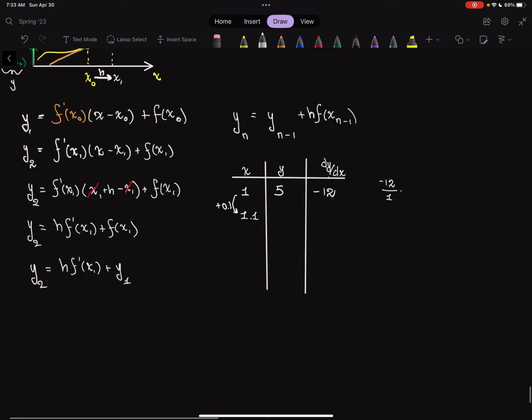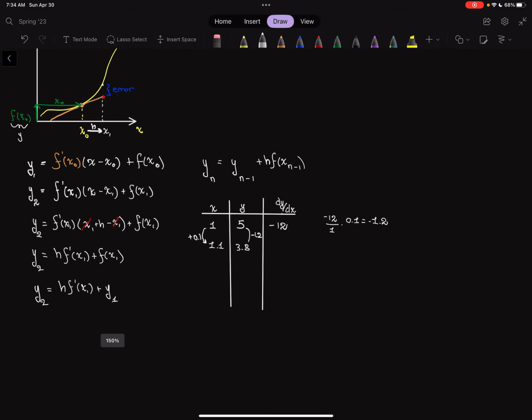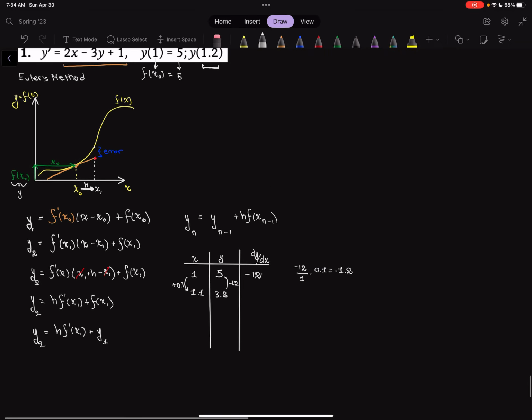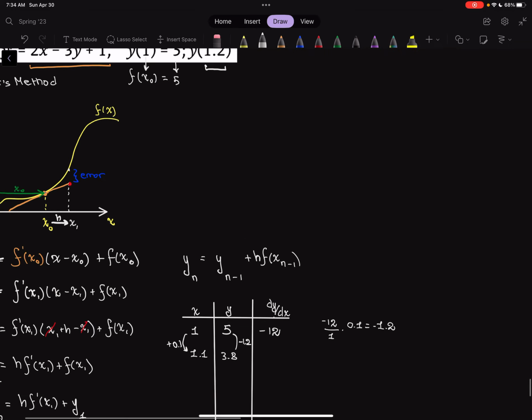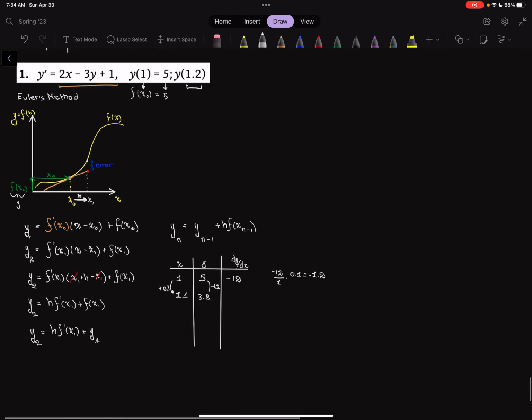Well, what if you go by a step of 0.1? Then that's going to be negative 1.2. So we're going to subtract 1.2 from this, which gives 3.8. And then we're going to put these into the slope equation. So if we put those into the slope equation,